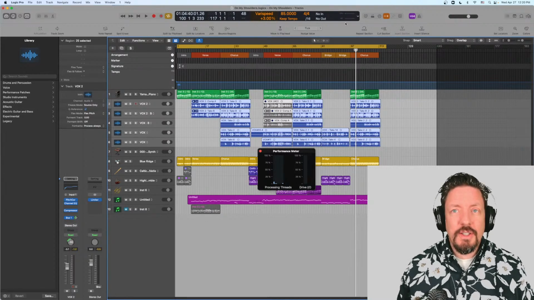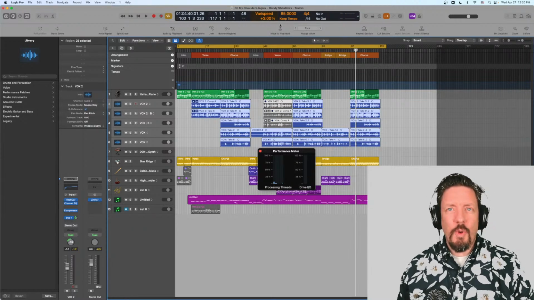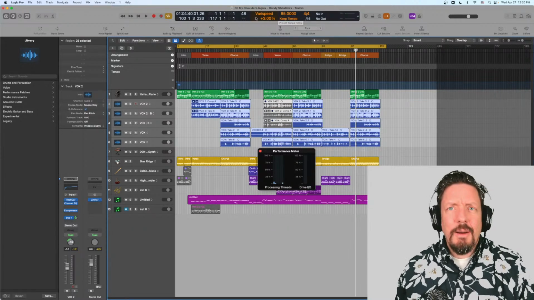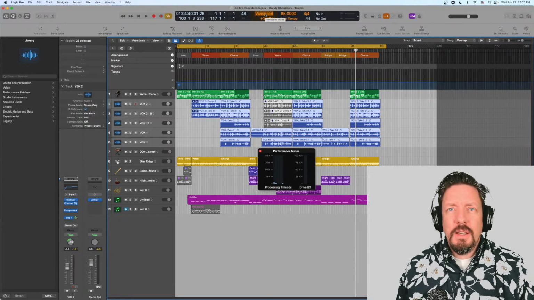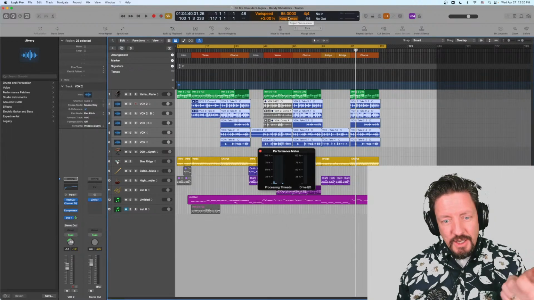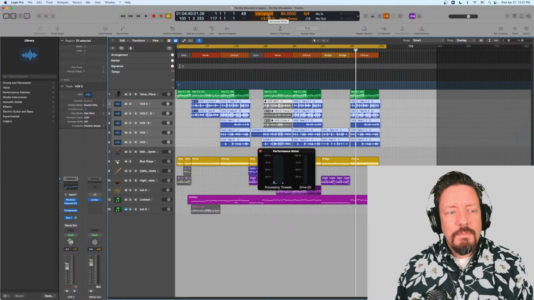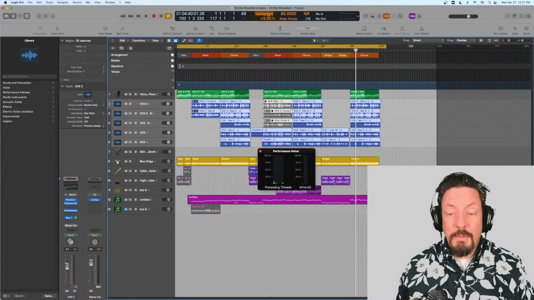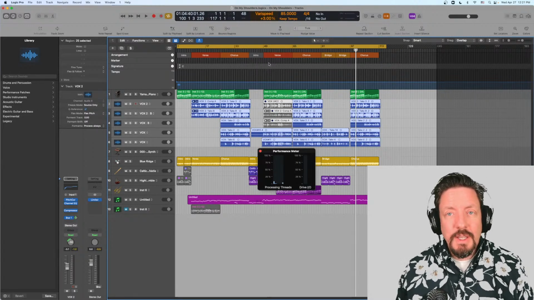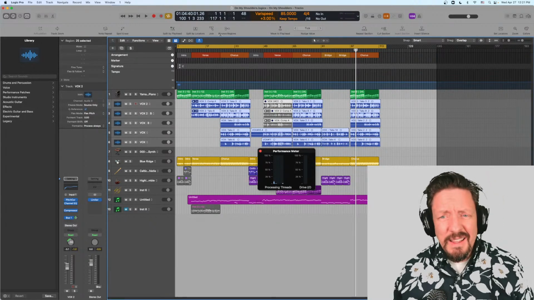There's a couple other factors here that are new to me that I hadn't done before this particular project. One of them is the Vari Speed option, where I'm doing Vari Speed, which is the speed and pitch. And so it's like on the tape machines where you have a Vari Speed knob and you can just speed it up and it goes faster and a little bit higher. Well, I love this feature in Logic that we can do this, because every once in a while I get to a point in a mix and I'm like, I like this,